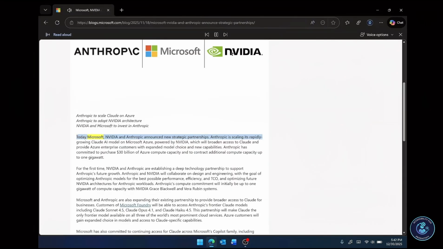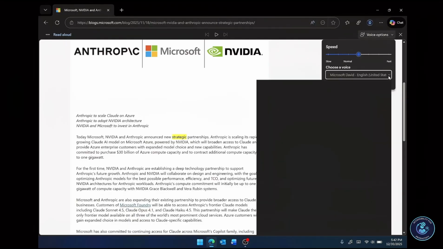Today Microsoft, NVIDIA, and Anthropic announced new